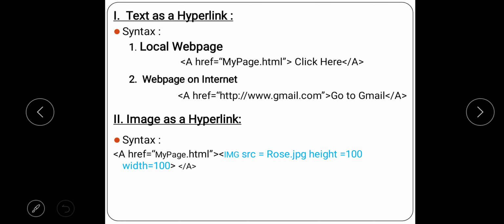Because we just now discussed that whenever you are using some internet web pages, it is mandatory that you add the protocol which you are using. So here we are using hypertext transfer protocol. So it could be HTTP or HTTPS depending on the web page you are calling, right? So I hope the text part is clear so that we can move to the image part.